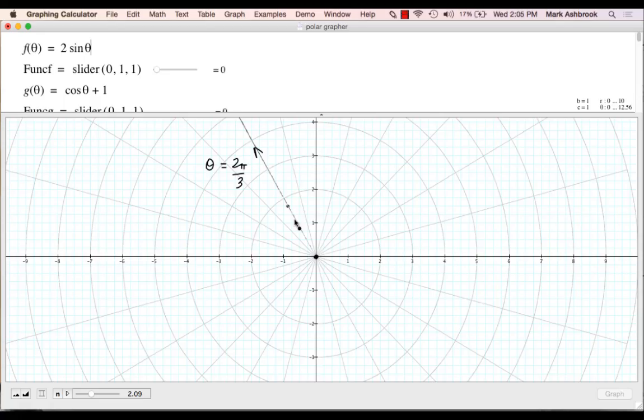So this is the direction of positive r. Positive r is extending this way. So r equals 1, 2, 3, 4. And then negative r would be exactly in the opposite direction from this direction of theta equals 2 pi over 3. So negative r would project back this way. Here would be negative 2, negative 3, negative 4, corresponding to the angle 2 pi over 3. Remember that? Okay, and then we said that given any point,